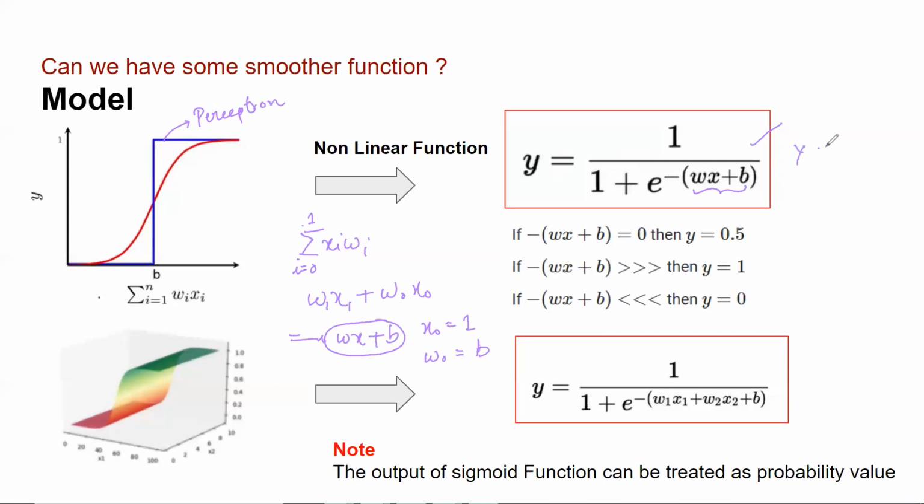See, the simple formula for sigmoid is nothing but 1 upon 1 plus e raised to minus x. This is the sigmoid formula. So what we are doing is just putting the value of x as what we have from perceptron, because we want to approximate the perceptron function as sigmoid. That is why we are putting the equation of perceptron into this expression, and it is giving me a red line, a red curve.